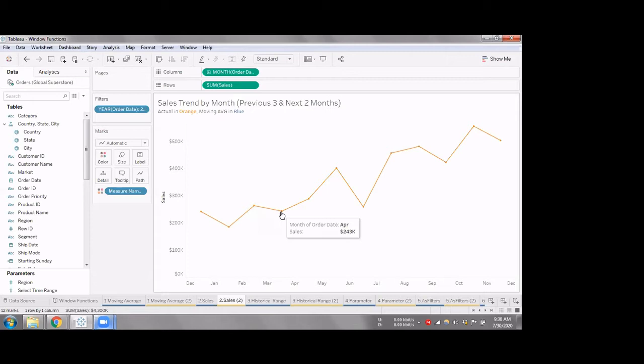For example, when I'm looking at this point, the previous 3 months including this one would be this month and this month, and the next 2 months, maybe this one and this one. The average of all of these should be the new value for this month in the new line graph. Is that clear?